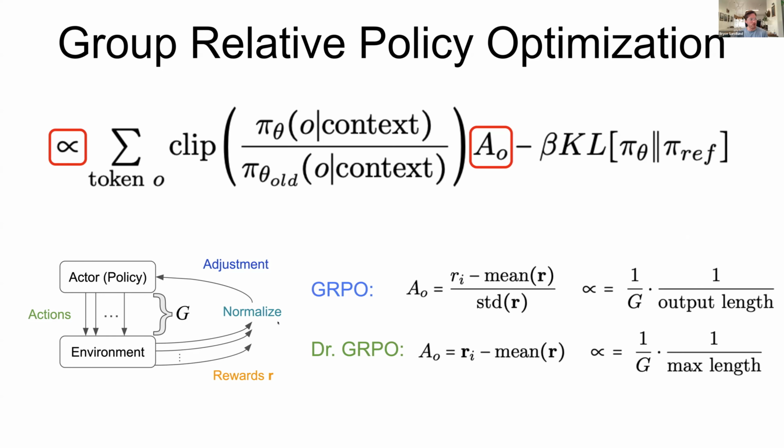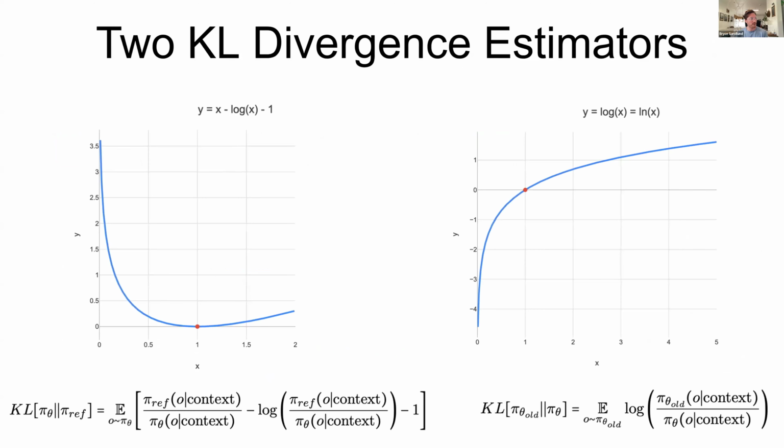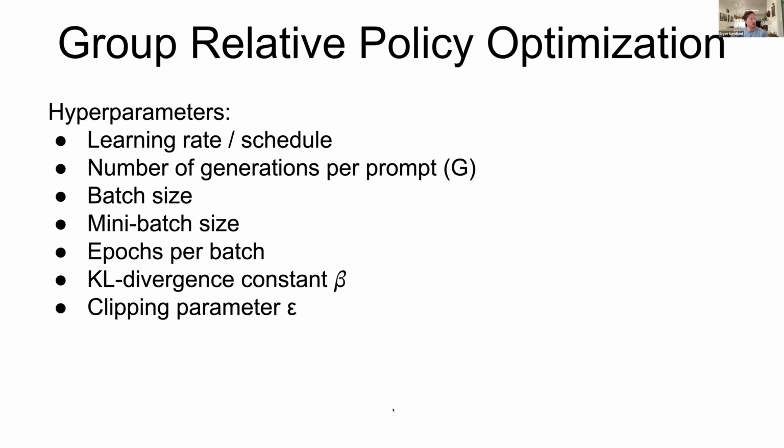But there are new algorithms to try to adjust how we're doing the normalizations for both this part of it and then the advantage. Anyway, yada yada. There are different ways to calculate KL divergence. These are all Monte Carlo estimators, but this tends to work. This one on the left is the one that we use.